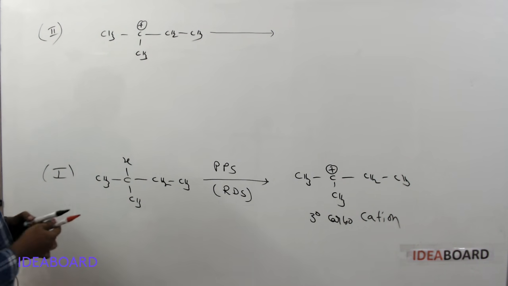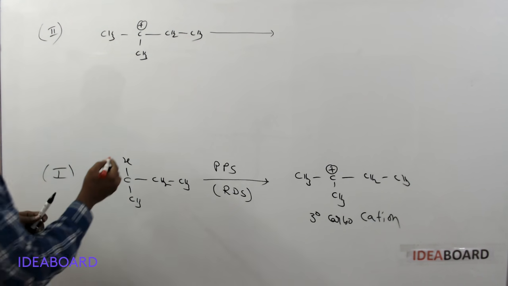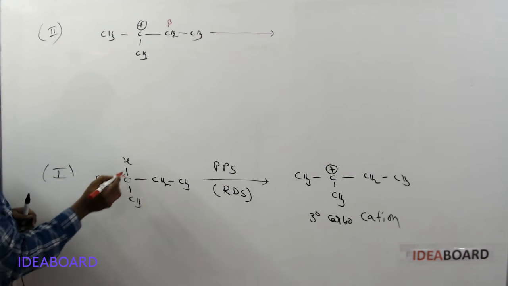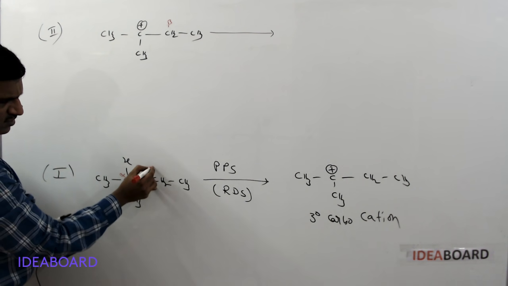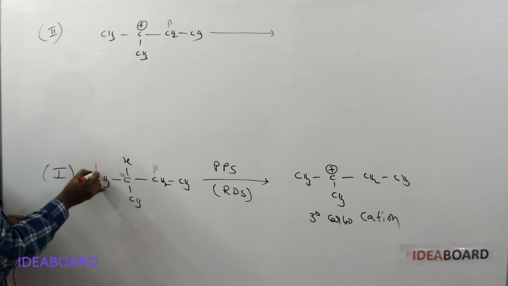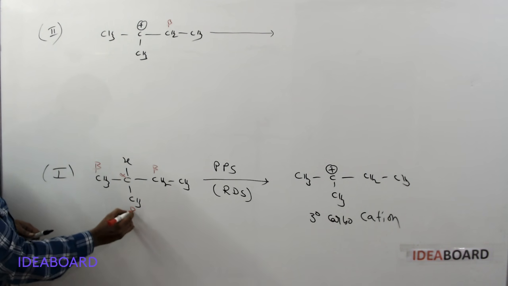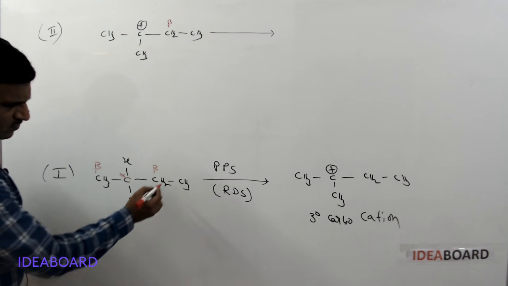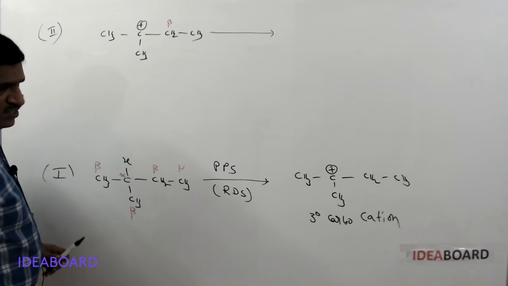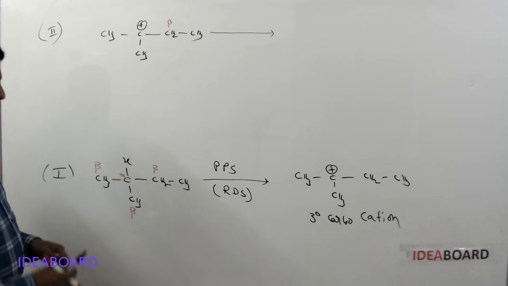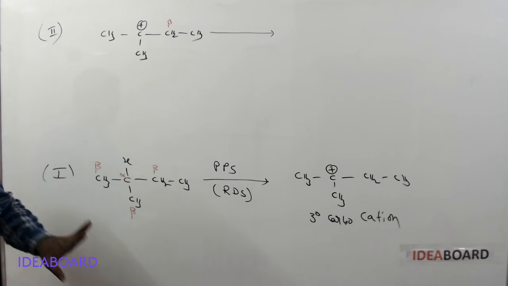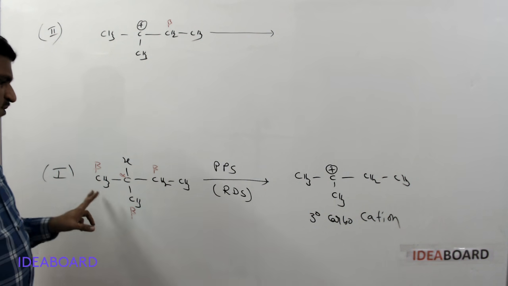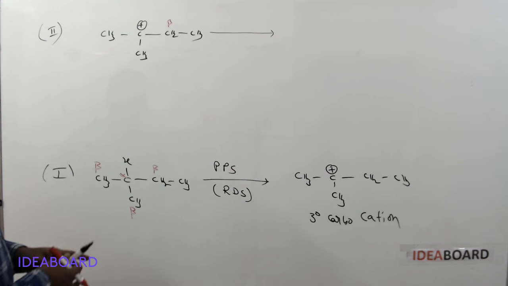Here in this elimination, generally E1 and E2 reactions are beta elimination reactions. Here the halogen-bonded carbon is alpha, and the adjacent carbon is called the beta carbon, and here this is also beta and this is also beta. So the adjacent carbon atoms are called beta carbons, and this will become the gamma carbon. We are not talking about gamma elimination, so just ignore this. These two are the same type of carbon, methyl groups, so I am not treating both, we can give only one.